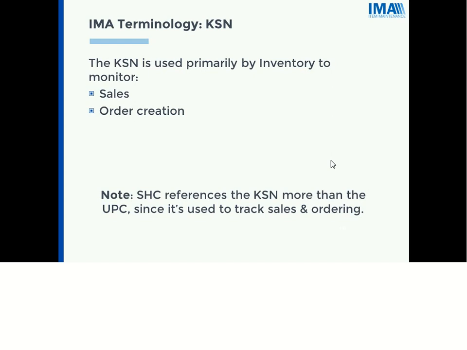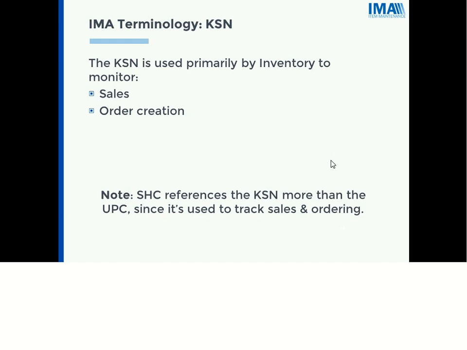So if you're having some issues with communication with your buying team or inventory team, one of the things you might consider is thinking of it in terms of the KSN instead of the UPC. Sometimes that can clear up some of that communication. I give the same call out to our internal users, the fact that they might want to try referring to the item with UPC. So I kind of give that call out to both sides of the house.